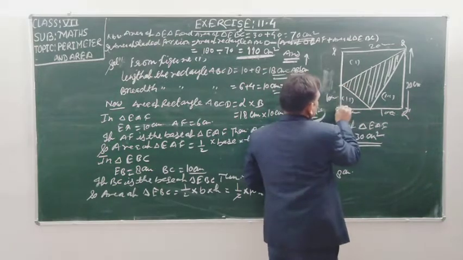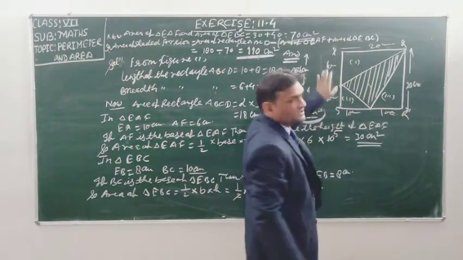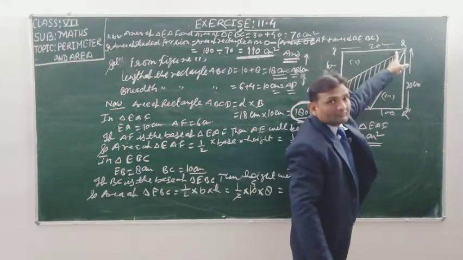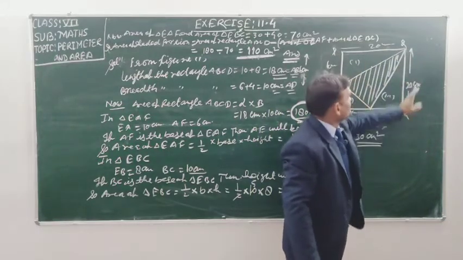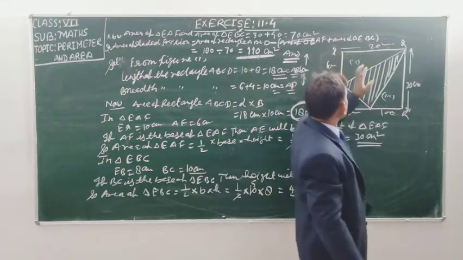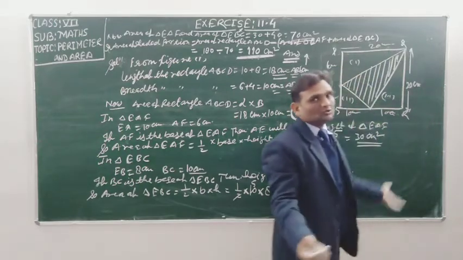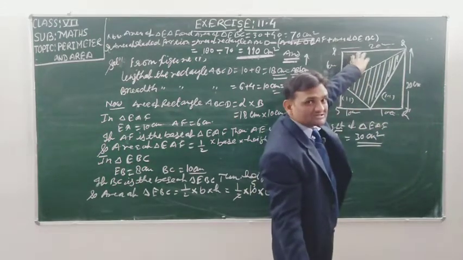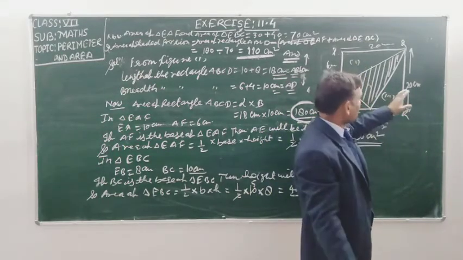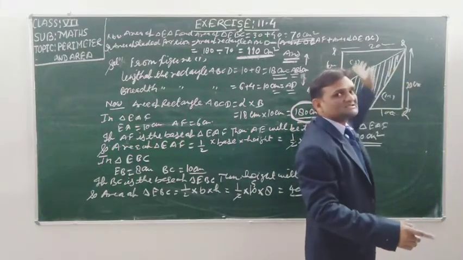If this distance is 10 centimeter, then this will be 10 also, because the whole side length is 20 centimeter. And this is 20, because each side of the square is 20. If you assume this is the base, then this will be the height, 1 upon 2 base into height. Find the area of this triangle. Find the area of this triangle in the same way, and add the areas of these three triangles which are not shaded.